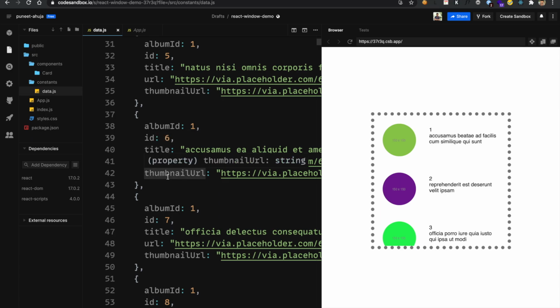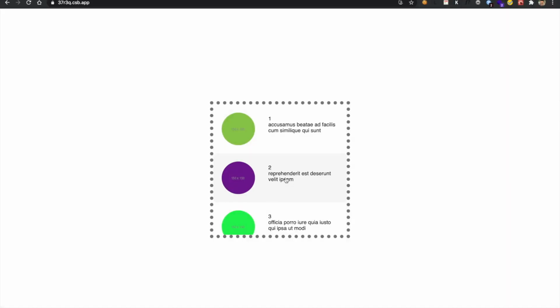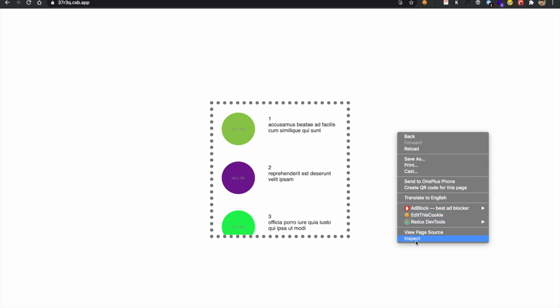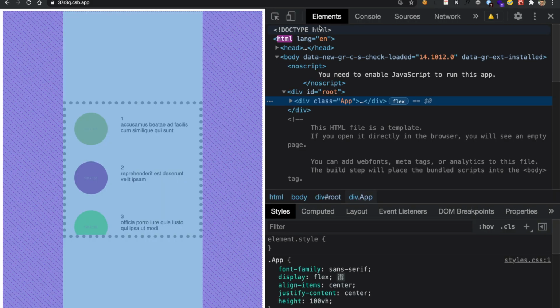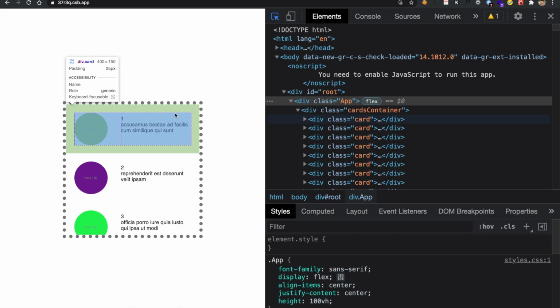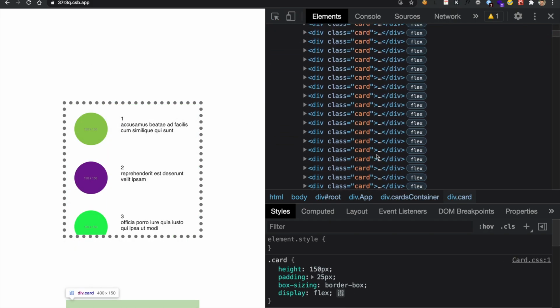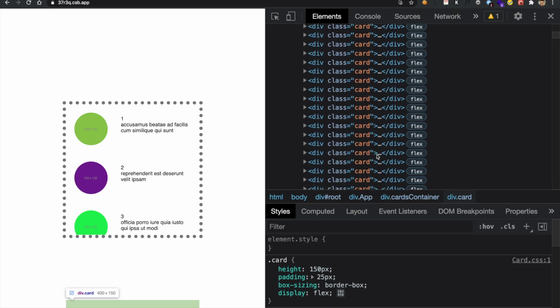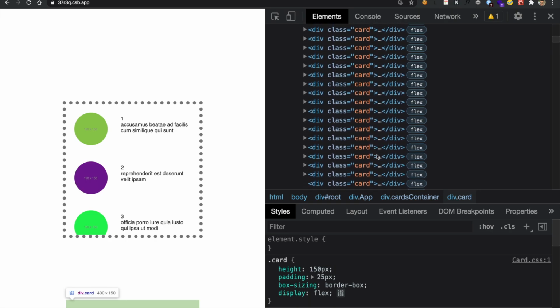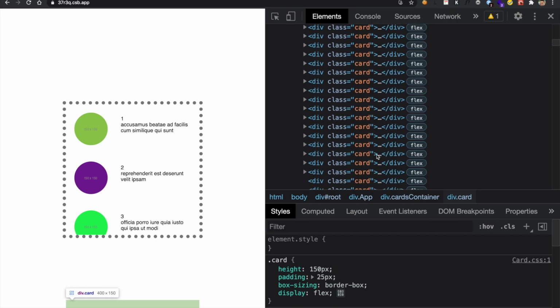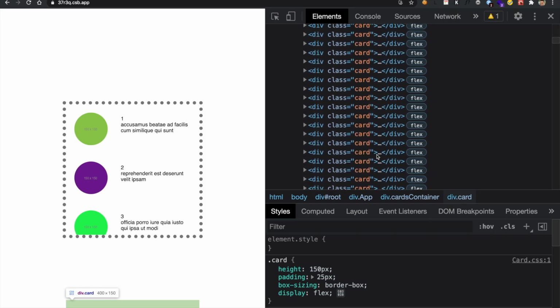Now let's jump to the calculation of the DOM elements that are present in this web page. Here, to verify the DOM size, I will first inspect this web page and go through the elements. Here you can see that we have a list of all the cards available in the DOM even though they are not part of the viewport. So it is rendering all the 400 elements that were available in photos data.